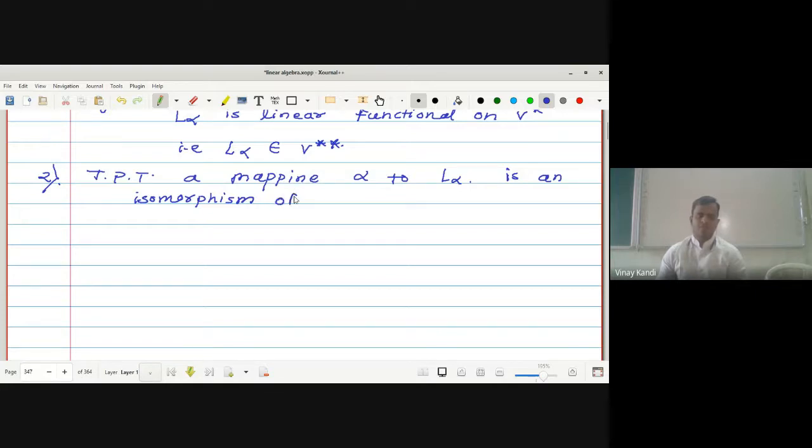Isomorphism of V onto L alpha, V double star. Okay, now define one mapping. Define a mapping psi from V to V double star defined by